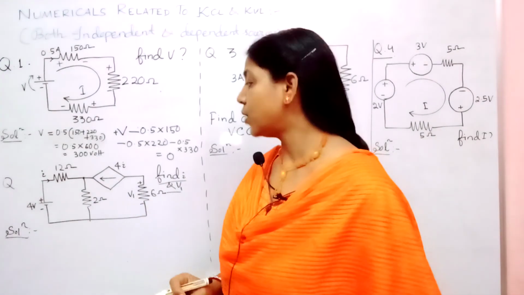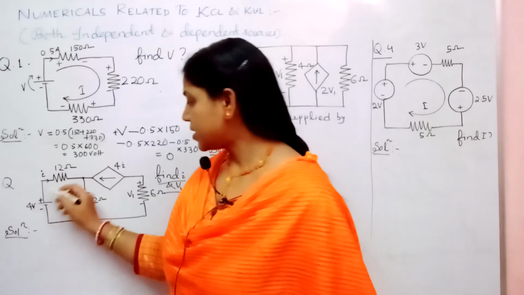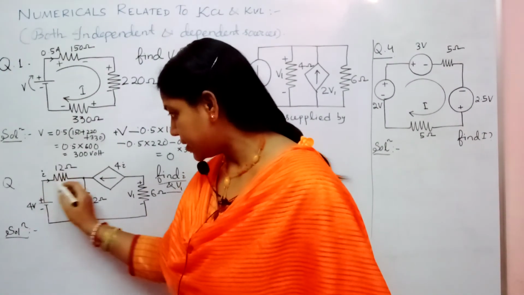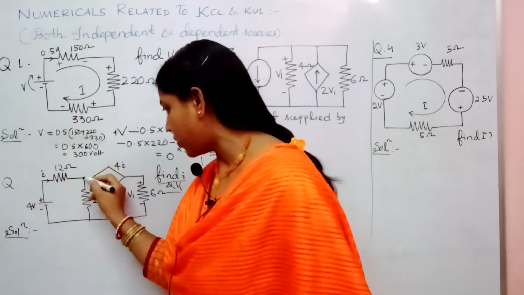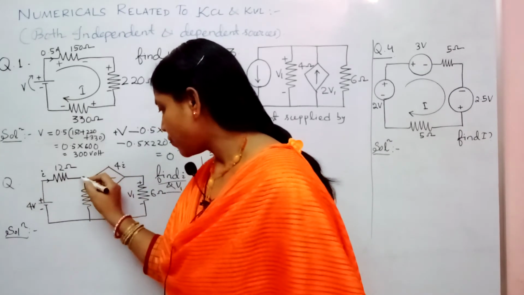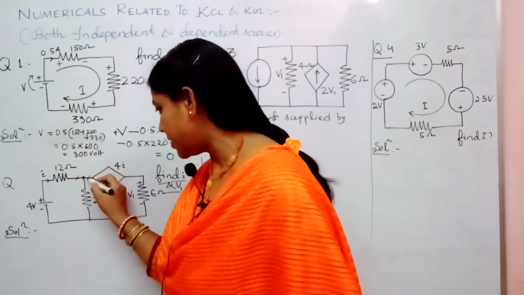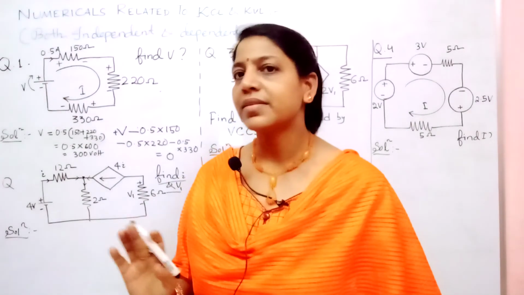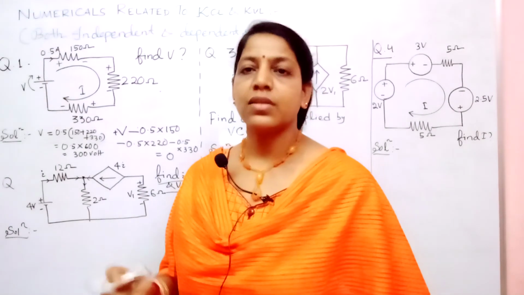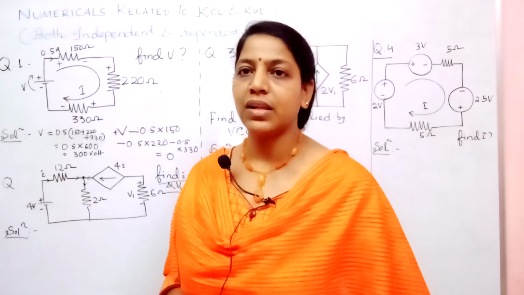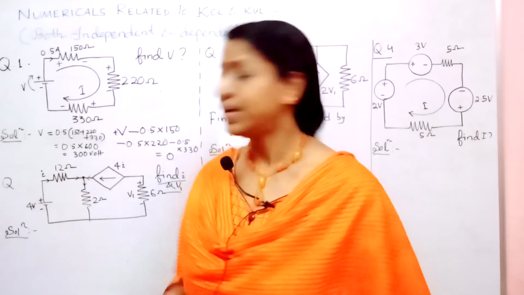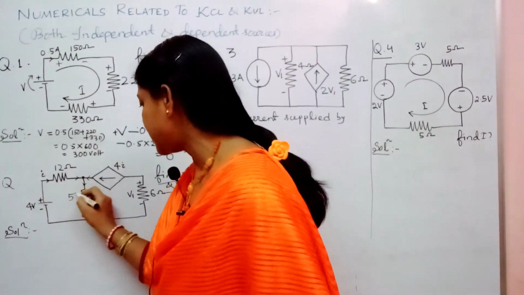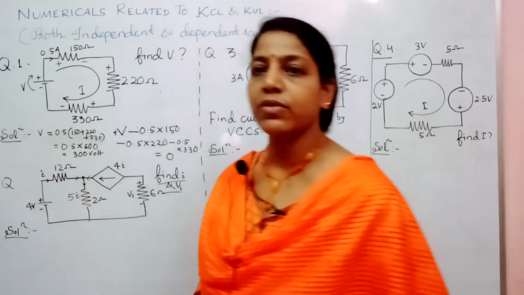Now let us see how to approach. First see the circuit. You can mark here, carefully you observe, this current I is entering. From this side the current 4I is entering. This is a junction point. So as this current is entering, this current is entering, obviously there should be a leaving current. Am I right? Because KCL states that the total incoming current must be equal to total outgoing current. So hence it is 4I plus I, so in this branch definitely 5I of current will flow through it.